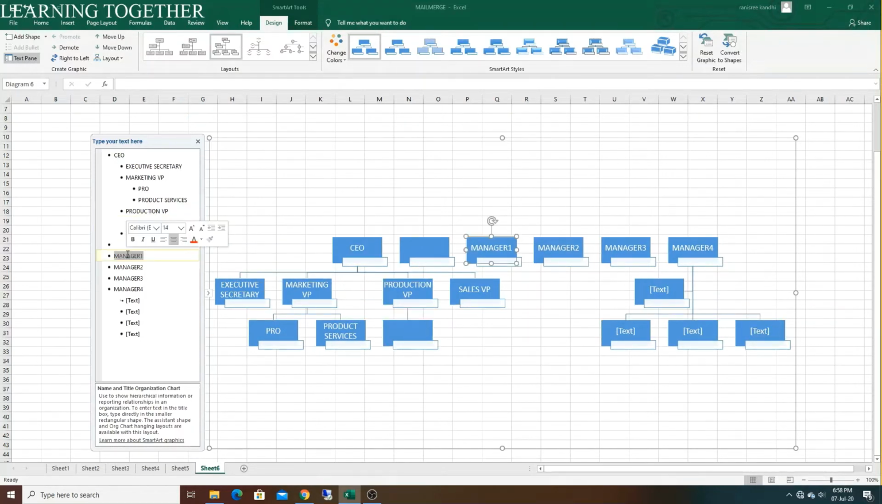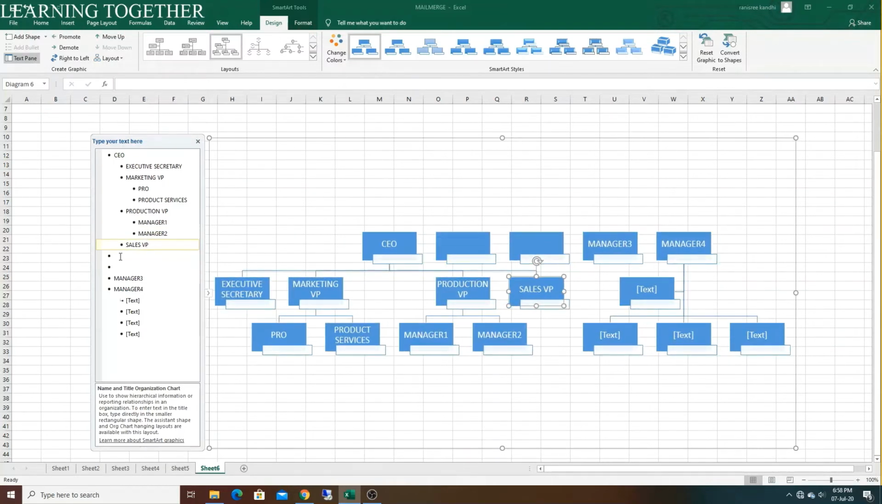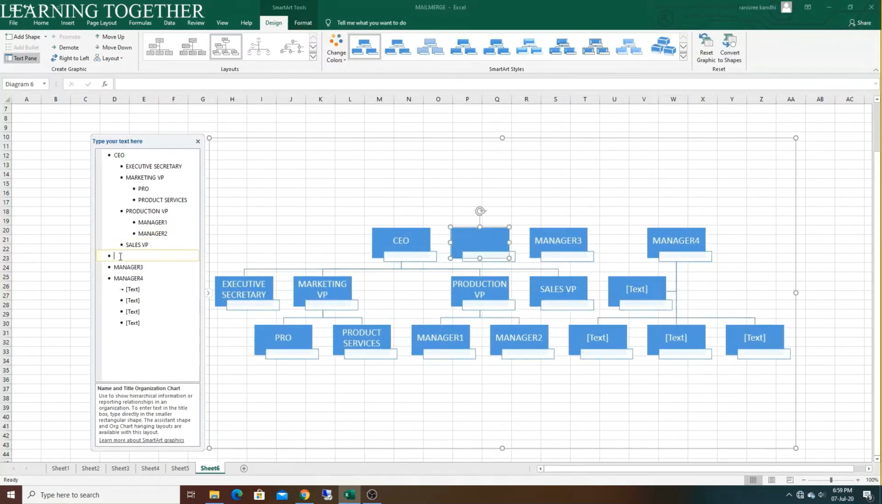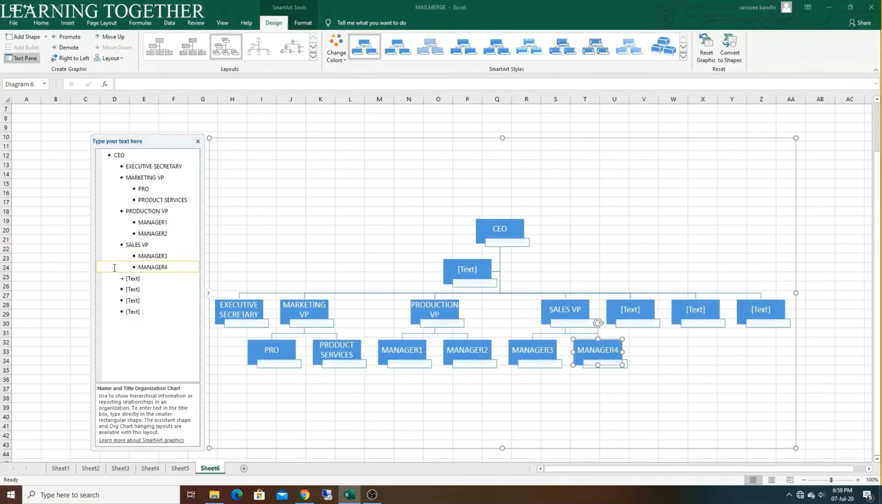Click enter, tab, then copy manager or cut manager 1 and paste under Production VP. Enter manager 2, cut and paste. Now under sales, first clear unwanted space. Now under sales, press 2 times tab so that manager 3 and 4 will come under